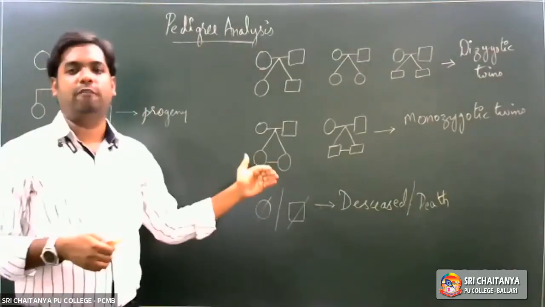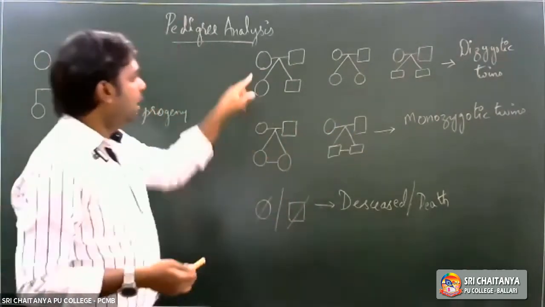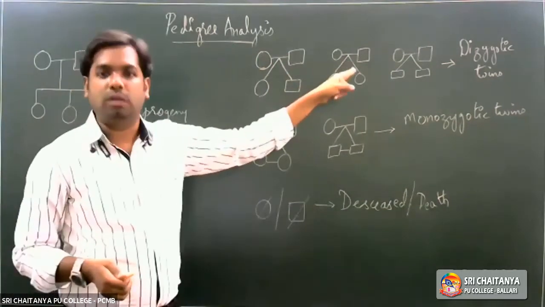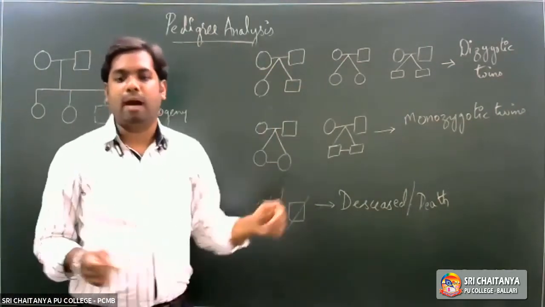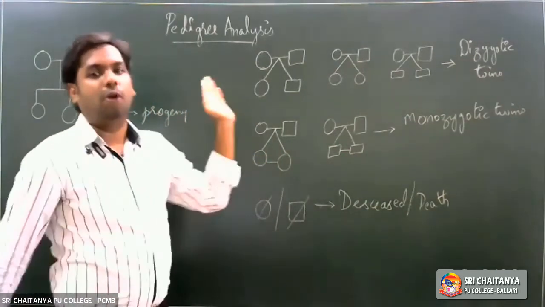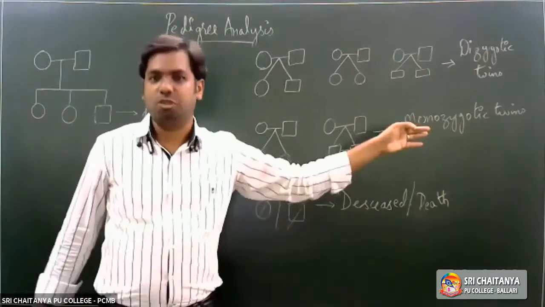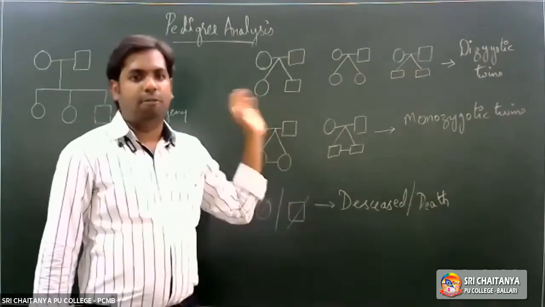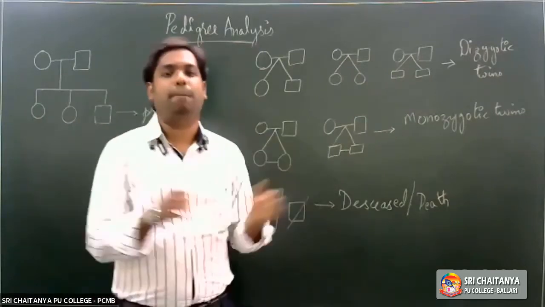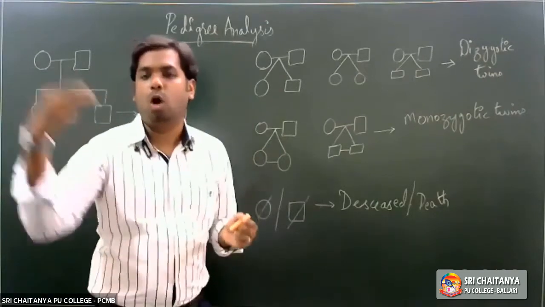Then after that, what did we see? We took up something called mating. So how do we indicate mating? A female and a male, if they are joined together by one single horizontal line, that would indicate normal mating or crossing or reproduction, or simply we can use the term marriage, right? Second thing we saw, a normal female and normal male, if they both are connected together by two horizontal lines,